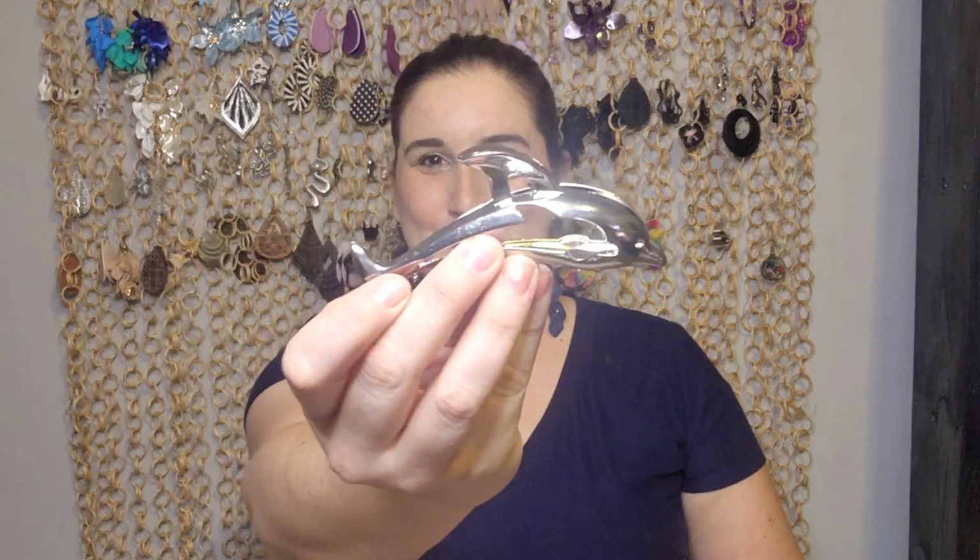Some other little beauty items that aren't exactly makeup. I got another clip. I got a butterfly clip before, and I found a dolphin clip. It's a little scary if you look at it from the bottom, but it's a dolphin. My hair is too thick. I got my hair cut, so it's actually not as heavy right now, but